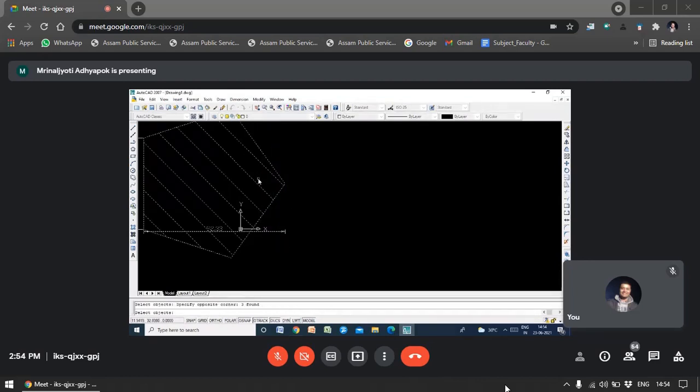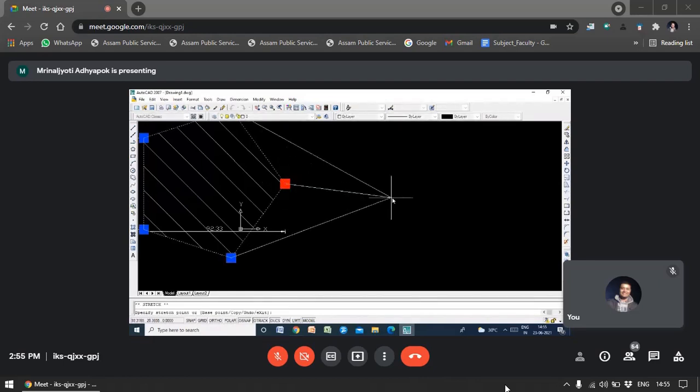Then automatically it will get selected. Then after that I will press enter. Then I will click on here. Then I will press here. Then I will click on this point.